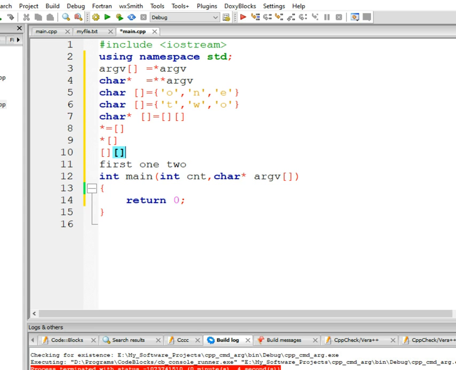How many arrays do we need right now? Let's say I need 2 arrays. I can pass 2 arrays separately, or I can change the representation as char star and then array. So this representation is used by our main method to accept a number of arguments.